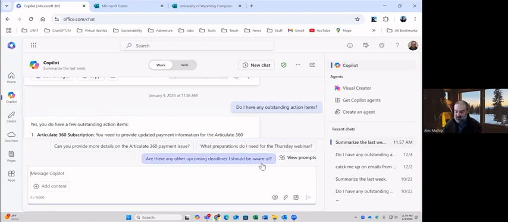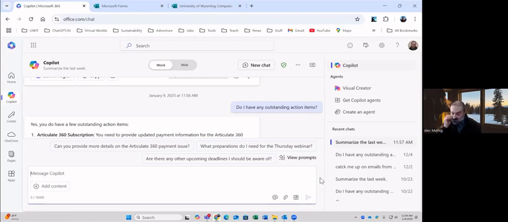So you can see Copilot, there's more to it than this. Obviously, it's in Power BI, it's in OneNote, it's all over the place. There's more you can do within each of these applications. You can see that, yes, ChatGPT, the free version, is powerful, but you're not going to do what I showed you today with ChatGPT free because it's not tied in with your Microsoft ecosystem. Now, if you are a Microsoft user and you use Microsoft products, this ends up being super useful to tie together all of the different apps and data that you are working with.